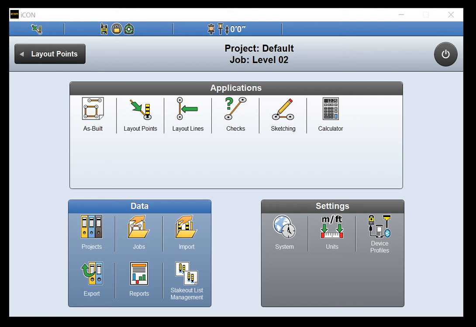Thank you for joining me in this video covering the as-built application. You will not need your total station or tablet for this video, as I will be using the simulator to present the examples used. All other lessons learned throughout this video series will work together to accomplish tasks related to